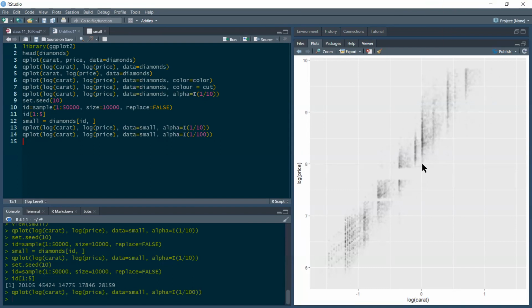Basically, if you reduce the intensity of points which are a little far away from a cluster, they will be less visible. Only the points close to the center of a cluster will be visible, and that will help us identify some of the inherent clusters that might be there.